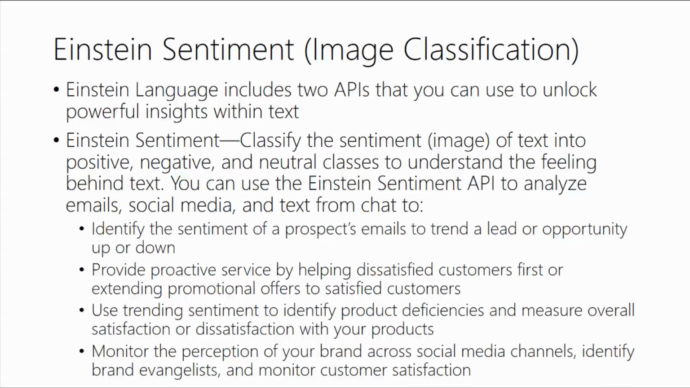And then we can use the API to analyze emails, social media, and text from chat to, again, accomplish several things. First, we can identify the sentiment of a prospect's email to find out about trends, or trend, a lead or opportunity up or down. Provide proactive service by helping dissatisfied customers first, or extending promotional offers to satisfied customers. So very powerful. Third, we can use the trending sentiment to identify product deficiencies and measure overall satisfaction, or on